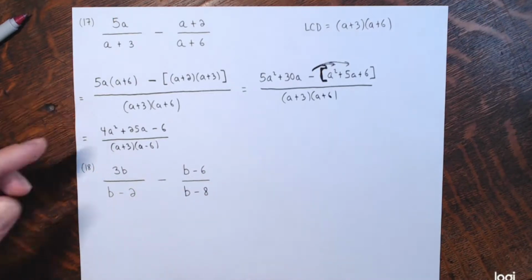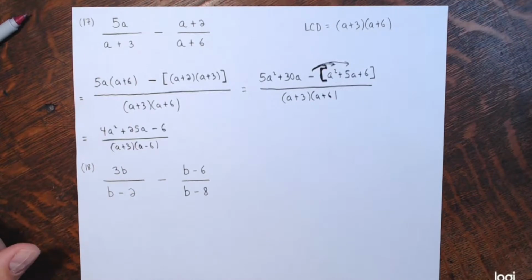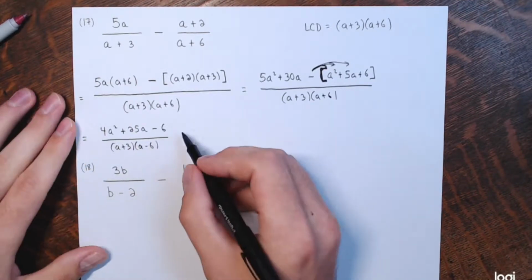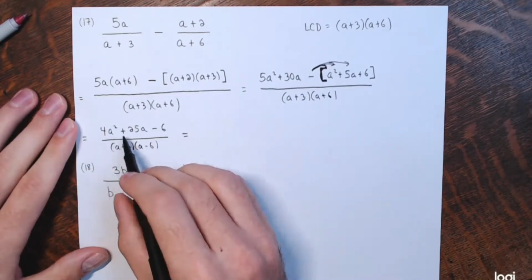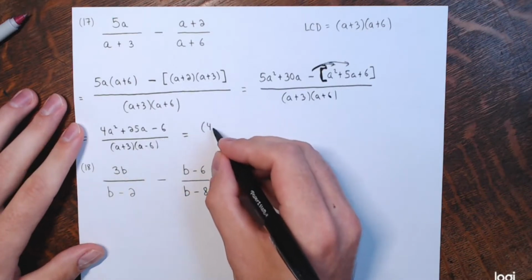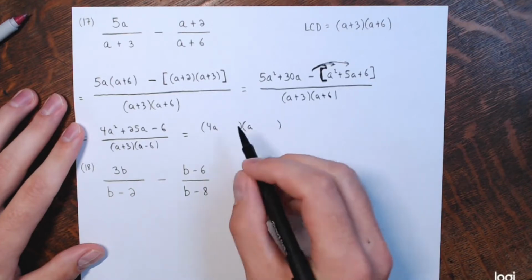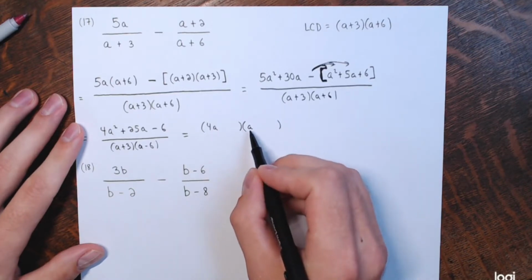Alright, so now I have it as a single fraction where the numerator is simplified. There's no like terms to combine anymore. Now we want to see if this can simplify any further. Now the numerator, this numerator can be factored. It would factor this way. You'd have 4a and a, and then we would need,